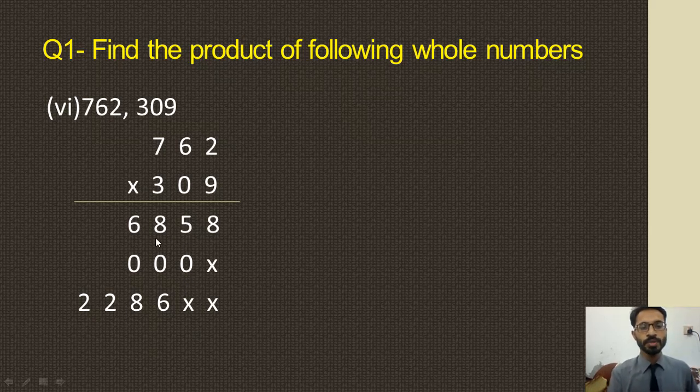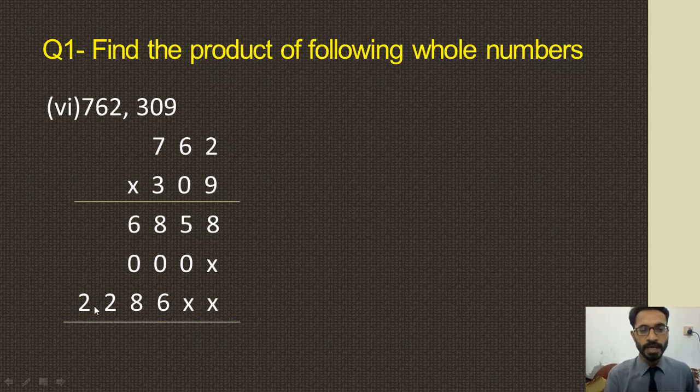After putting cross, we will multiply 3. First of all, 3 will multiply with 2. 3 2s are 6. 6 will be written under 8 and 0. After that, 3 will be multiplied by 6. 3 6s are 18. From 18, 8 will be written under 6 and 0 and we will carry 1. 3 7s are 21. In 21, we will add 1 carry. 21 becomes 22. So we will write 22 on the left side.